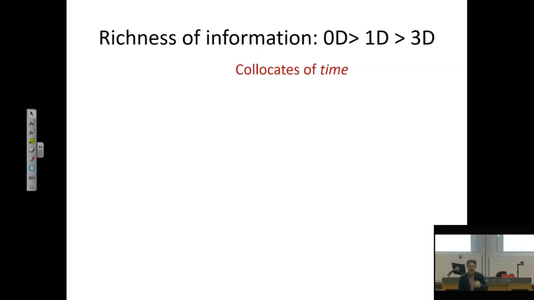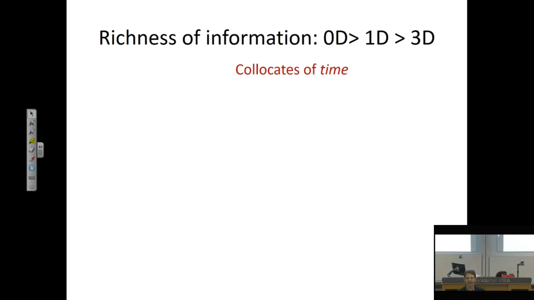Okay, another example from our development is connected to the richness of information. Because we have the space given by the A4 sheet or the screen of a computer. And the question is how much useful information you can fit in that space that is basically given. So we start with 0 dimension to 1 dimension to 3 dimensions in a graphical display of collocations in